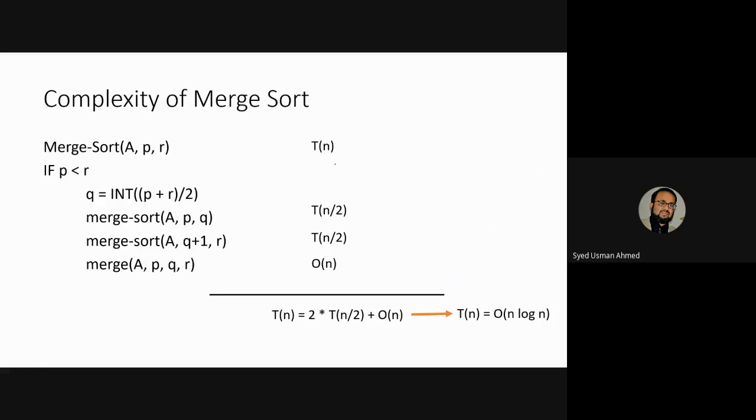Now, the best thing about merge sort is it divides the input into two equal halves. So the worst case complexity as well as the best case complexity remains n log n, right? But the next algorithm that we are going to see is called quicksort, and in quicksort we are not going to partition this list into two equal halves, right? We will partition the list with the help of an element called pivot, and depending on the pivot, the complexity can range from n square to n log n, right?